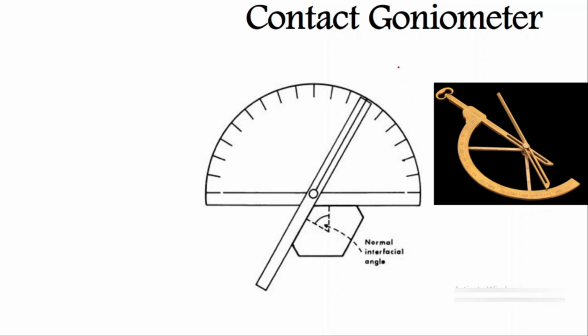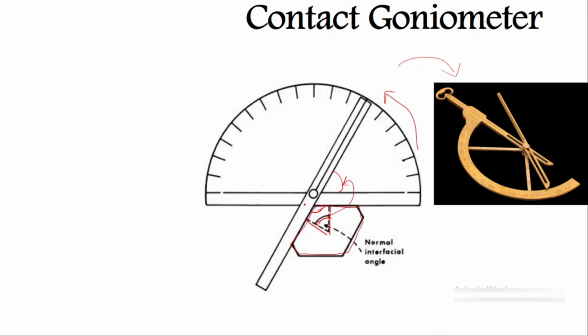So here you can see this is the device, this is how it actually looks, and you just place your crystal here between the arms of this goniometer, and whatever angle it reads on this protractor will actually be the angle between the poles, or the orthogonal lines or normals, we can say, of the two consecutive faces. But this angle is also equal to the exterior angle of these two faces, and of course once you get the exterior angle, you can very well calculate the interior angle, and hence this is how you get the interfacial angle using a contact goniometer.